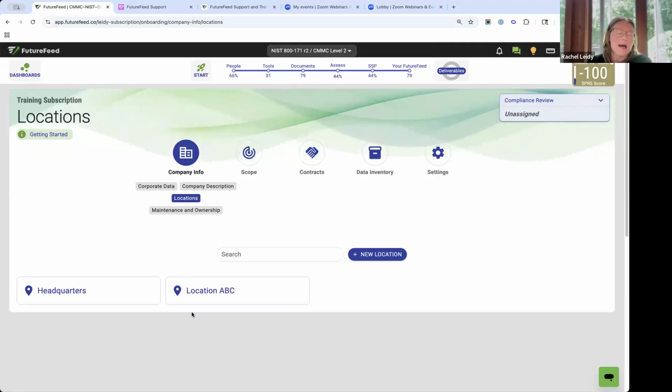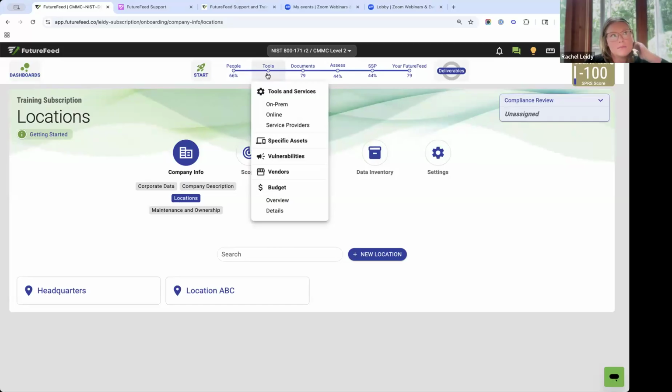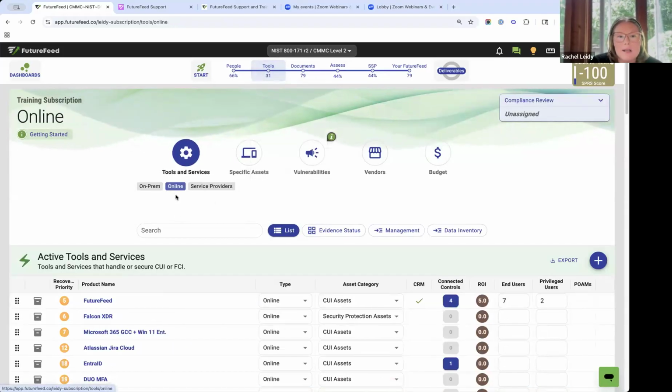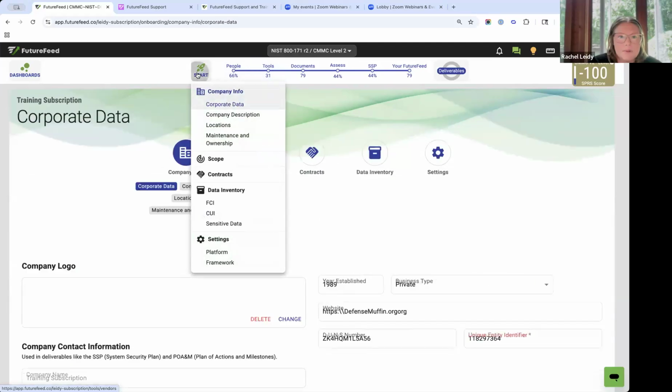So I would not document those locations here. I would document that shared responsibility or external service provider engagement under tools, under online, and maybe some vendors. I'd talk about that there. Okay, so